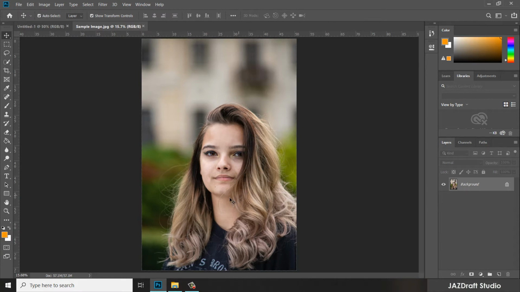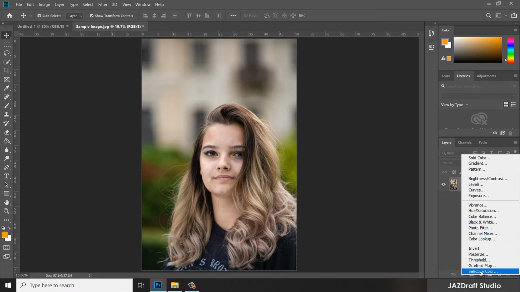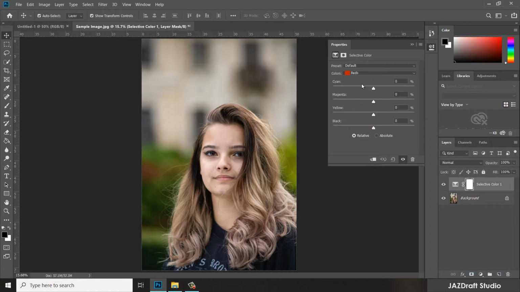Since the girl somehow looks pale, we are going to adjust a selective color, and we are going to target the white because the face is somehow white because she is pale. The color of her face is pale, so we are going to adjust that. Select white, and we are going to increase the yellow. So as you can see, her face changes,